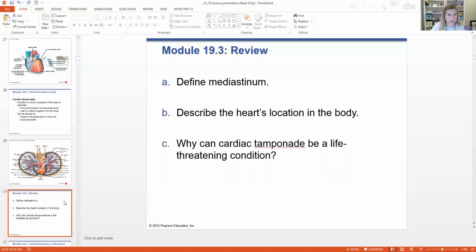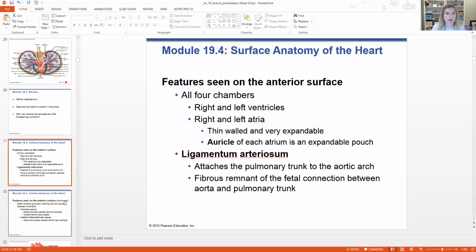We're going to wrap up the first section of chapter 19 for my HCC students. This is the chapter on heart anatomy and cardiac function. I'm going to switch to screen sharing. I have to click like 3 things to get there. Okay. So we left off with just talking about the location of the heart in the mediastinum within the pericardial